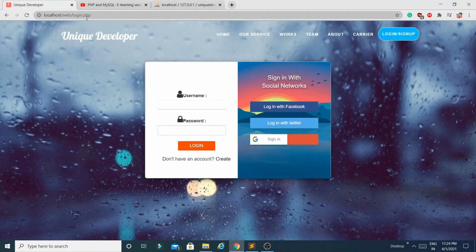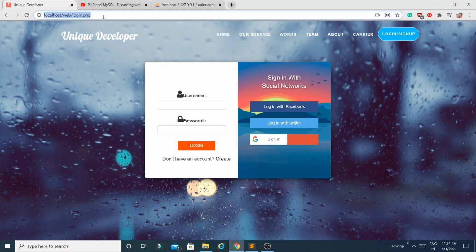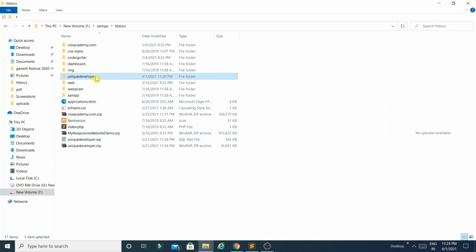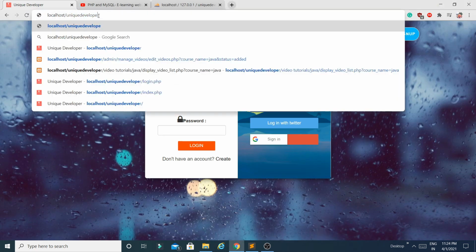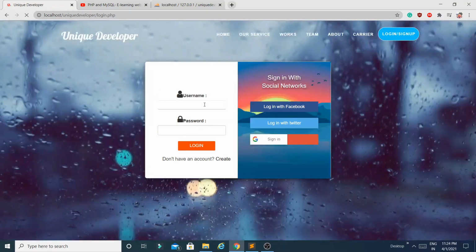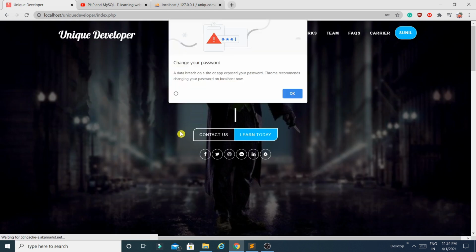Okay, so now let me run the project. My project name is in localhost, so you have to type the folder name. What is the folder name? uniquedeveloper. So let me copy it, go to the browser, type localhost/uniquedeveloper and press enter. You can see I got the login page. Let me log in. The username is Sunil and the password is 1234, and when I click on login,